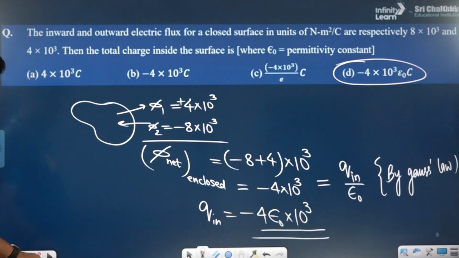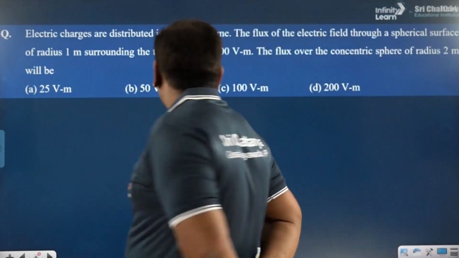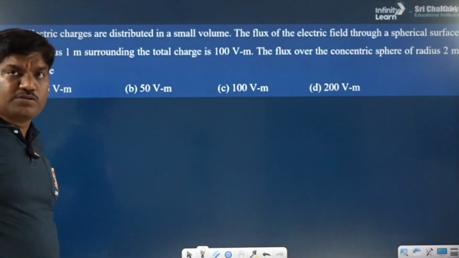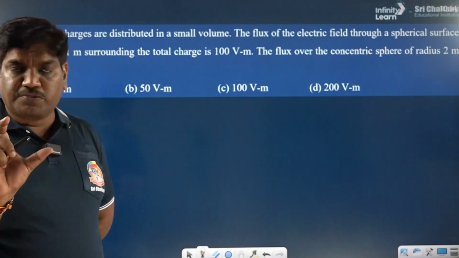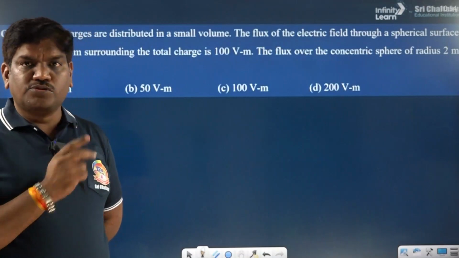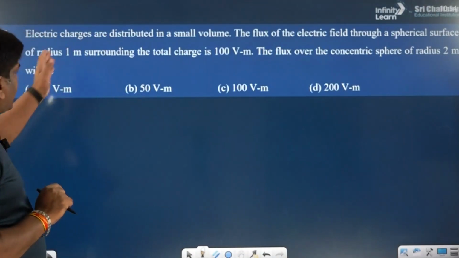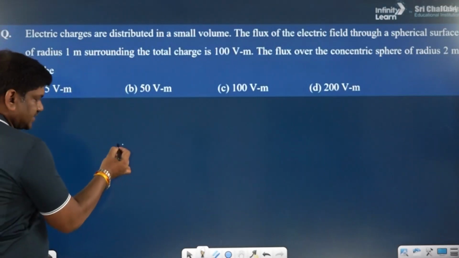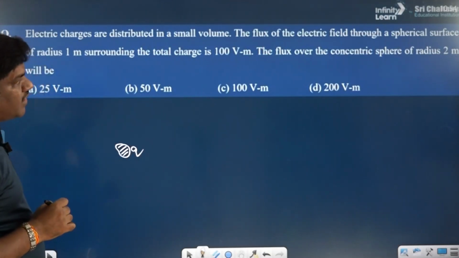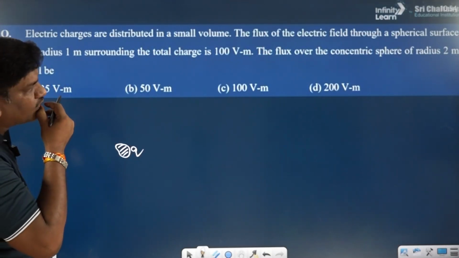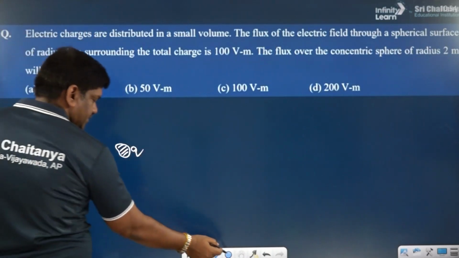Now let's move to the next one. The electric charge is distributed in a small volume. The flux, these all are related to the concept, because if you understand the concept of the flux and the concept of the field lines, you can very easily solve them; there is not much calculation needed. Only the concept is needed. Now see, the electric charge is distributed in a small volume. Let us say this is some small volume in which there are some charges. Now they are saying the flux of the electric field through the spherical surface. Now they have chosen some spherical surface here,